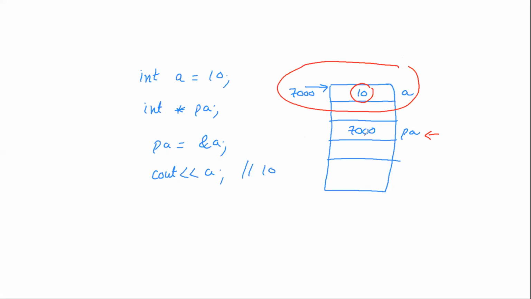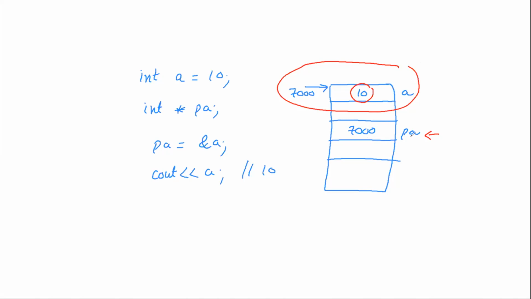You are playing treasure hunt, you come here, and this is saying go to 7,000. You go to 7,000 and you find the value 10. This was a very small treasure hunt, so we don't have a very long list of clues. But suppose you can't see this part which is in the red.